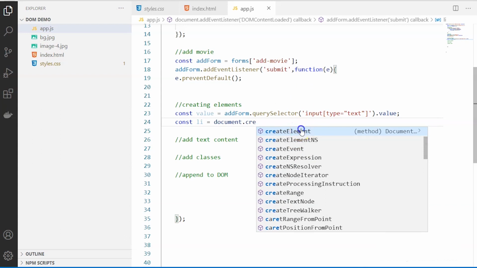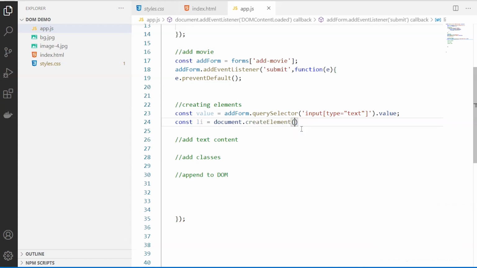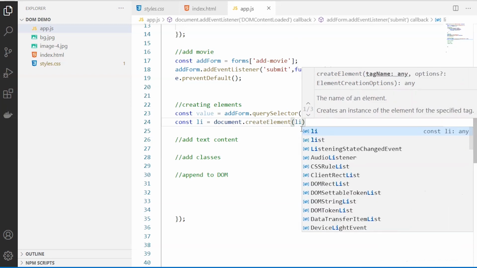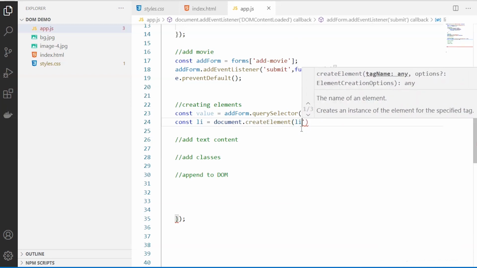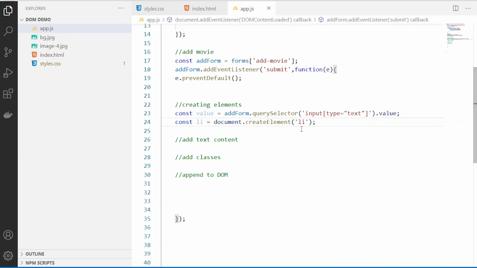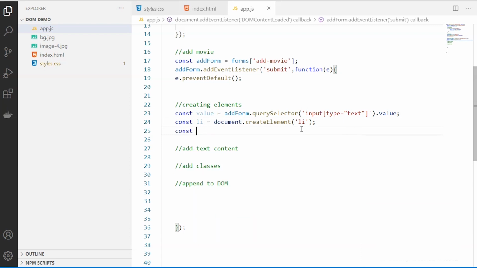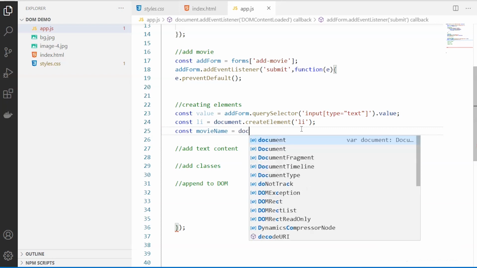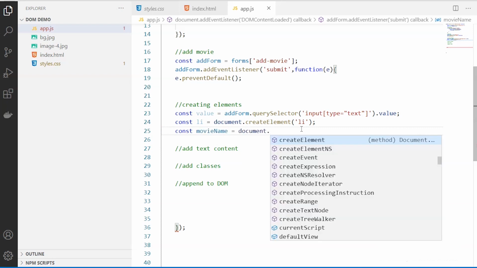So we are going to use this one, createElement, and I'm going to create a new li element, because this is the one that we want, which needs to be added to the unordered list. And of course, we will have to create the corresponding variable or constant for the name of the movie. So that has to be there, right? So I'll have to create that one.